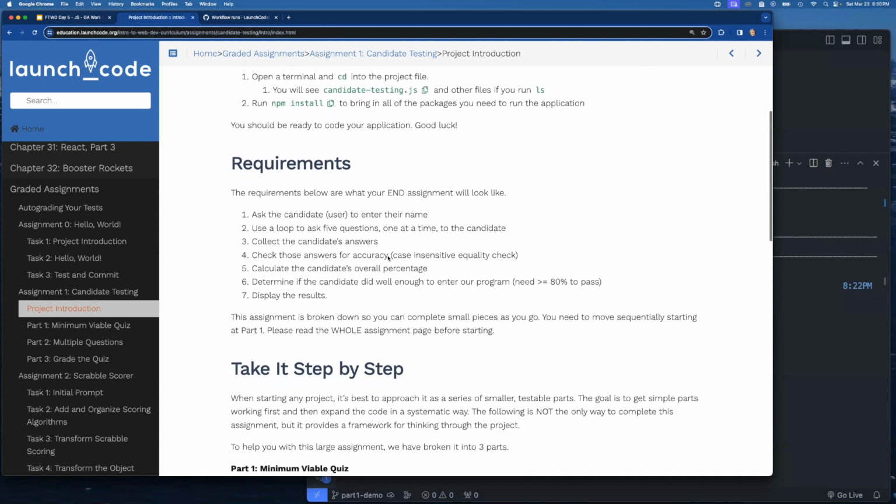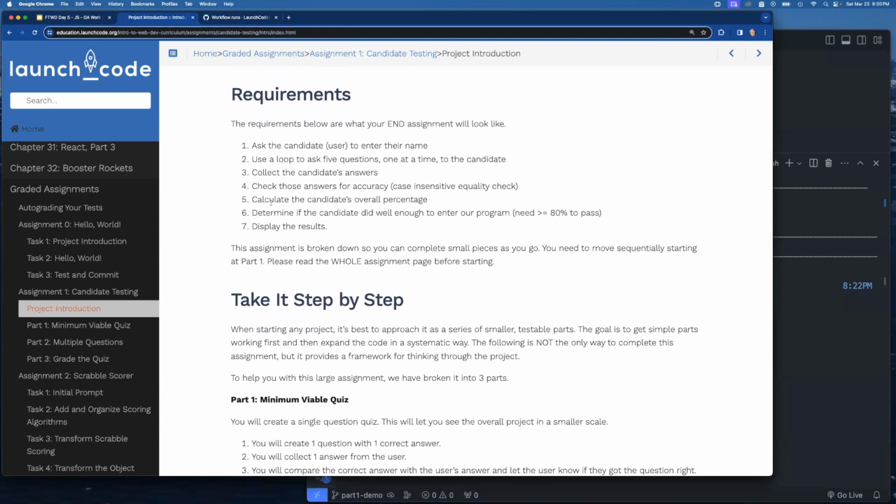Okay, so they give you a rundown here of the requirements for the end assignment. In short, you're going to ask a candidate to enter their name. You will use a loop to ask 5 questions, one at a time, to the candidate. You'll collect their answers, check the answers for accuracy, and make sure that's a case-insensitive equality check. And keep track of how many they get right, how many they get wrong, calculate their overall percentage, and then